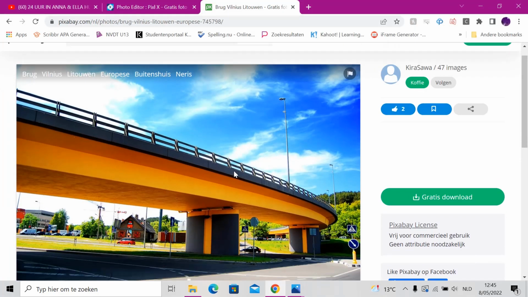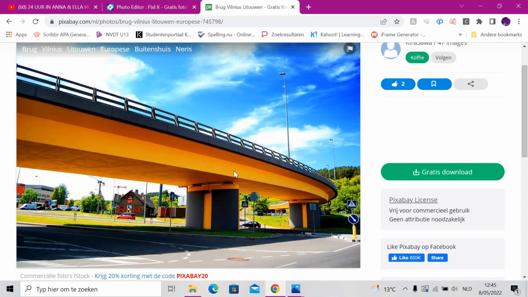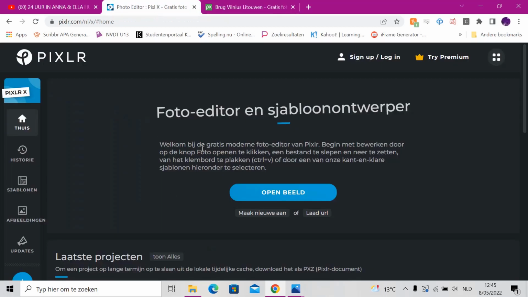So what we do at first is we use a program. I use Pixlr for copyright-free photos, and you download a picture like this. This is a bridge in Vilnius and it's very yellow, and that's why it can be highlighted very well. You go to Pixlr X and you see this